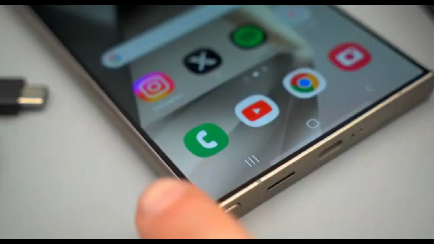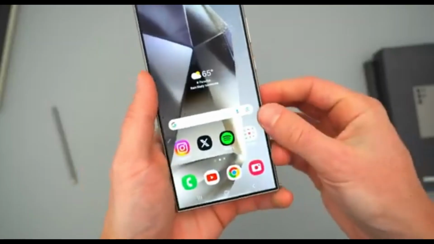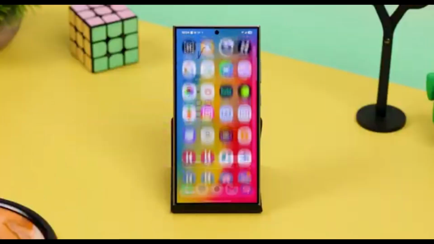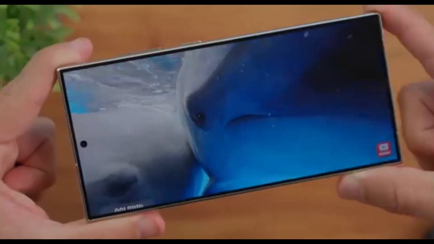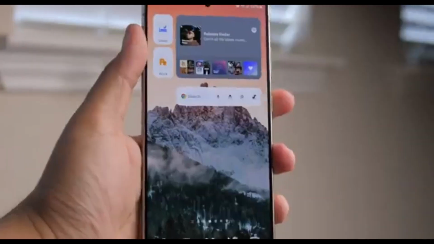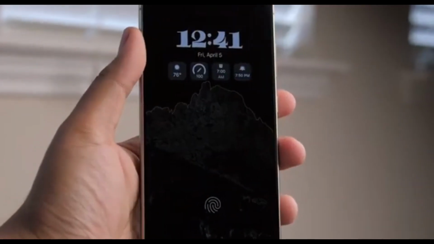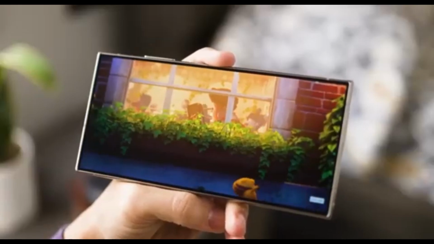Samsung has long offered lock screen widgets, but they've been limited to its own apps. This is because they are not a built-in Android feature, but rather a part of Samsung's One UI. However, that could change soon with One UI 8.0, as Google is working on adding lock screen widget support in Android 16. If this happens, Galaxy users may soon have the option to add widgets from third-party apps directly to